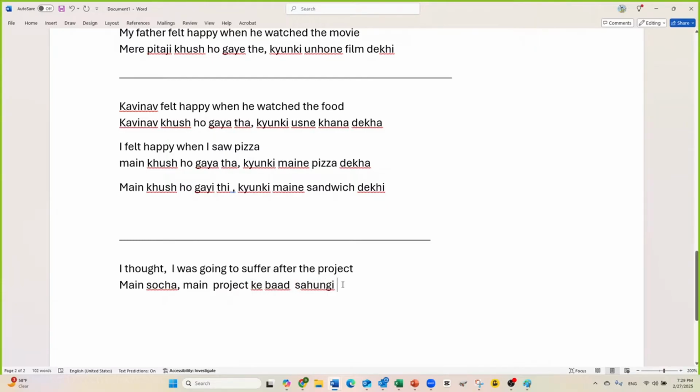So Anisha, read with me. मैंने, so मैं and then after मैं we have to add ne. When do we add ne? Always in past tense. So let's say this again. Anisha, मैंने सोचा, मैंने सोचा, मैं प्रोजेक्ट के बाद, मैं प्रोजेक्ट के बाद सहूंगी. Okay, Kavi, now how do you say